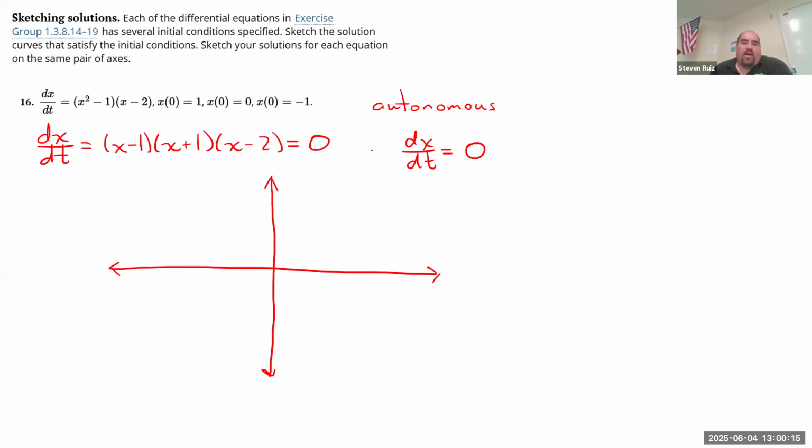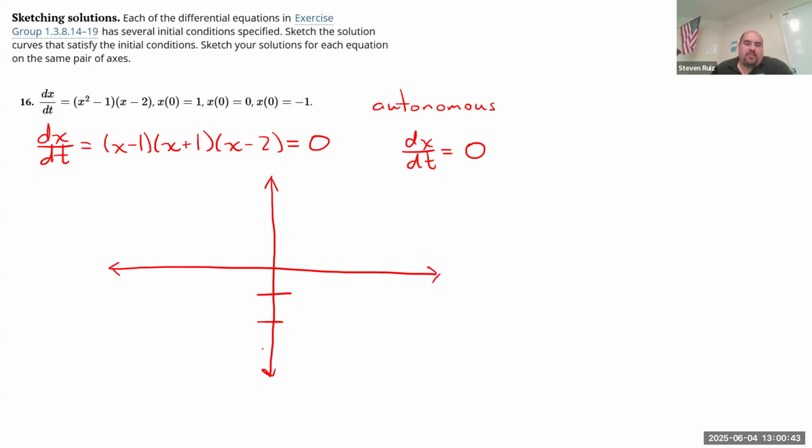And this is part of why I factored this as far as I could, because since these three factors multiplied together equal 0, then any one of these factors equaling 0 will make the entire equation equal 0. So from here, I can look at this and see that my equilibrium points are going to happen at,